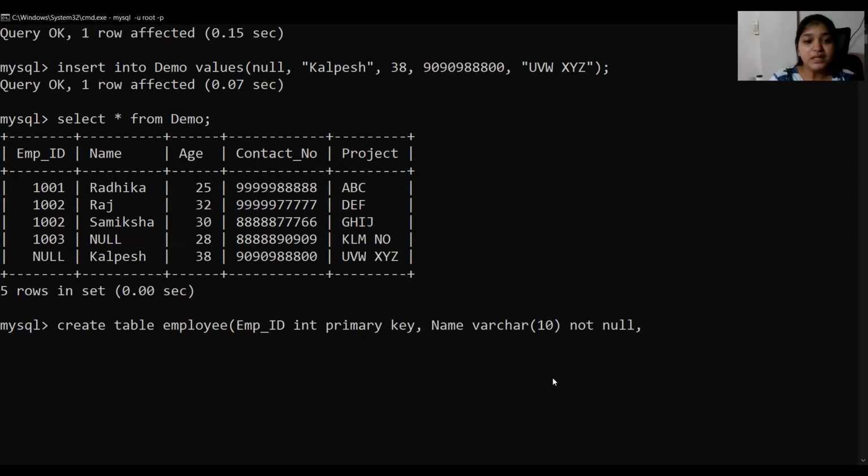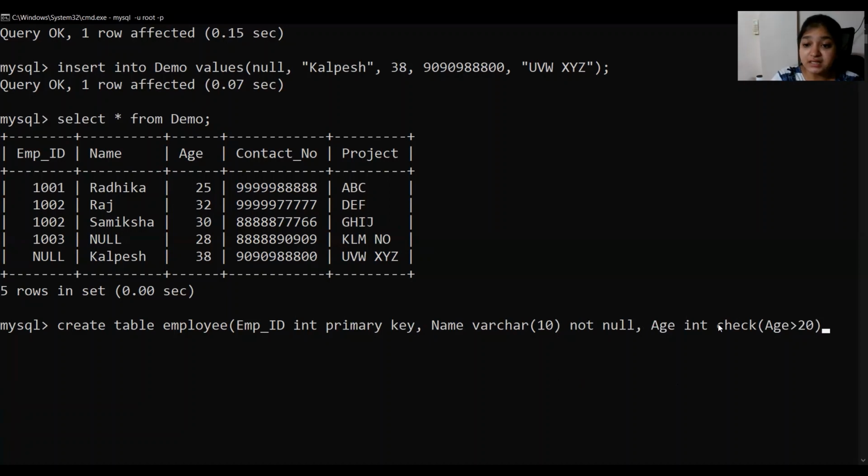Now we'll specify age and write age as integer. I'm introducing another integrity constraint to you all, which is known as check. We'll check if our age is greater than 20 or not every time.